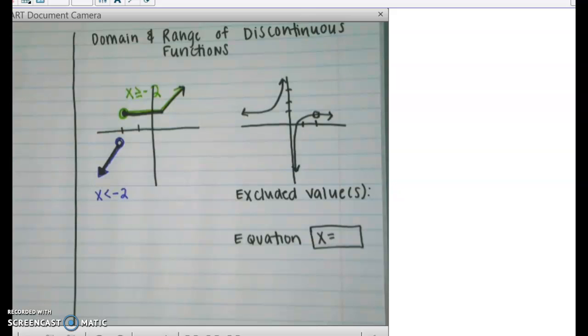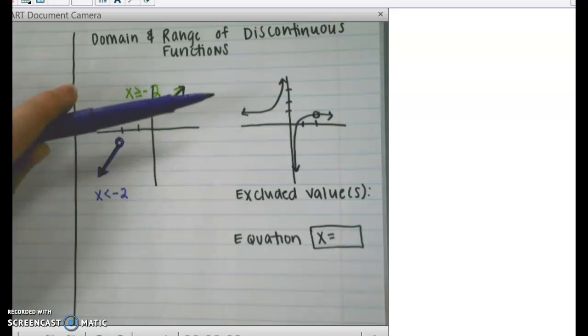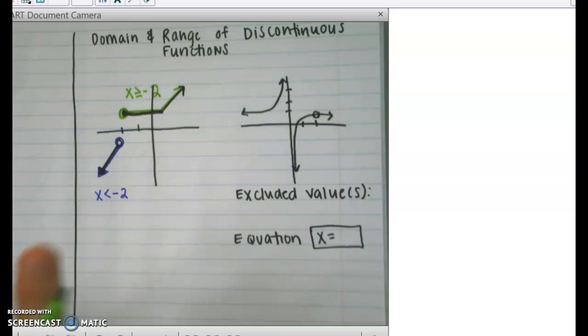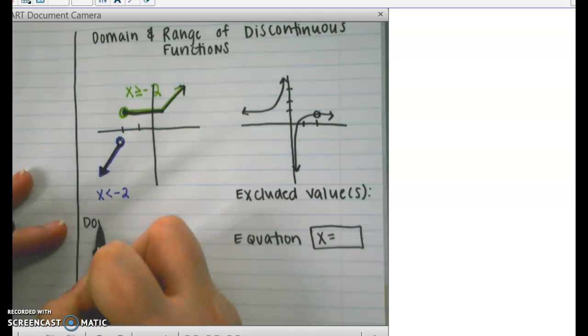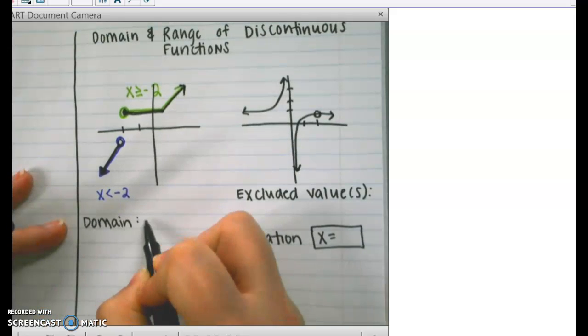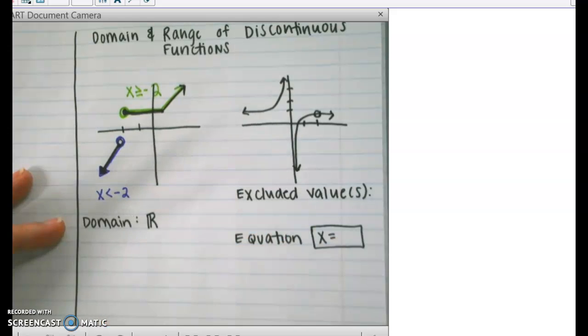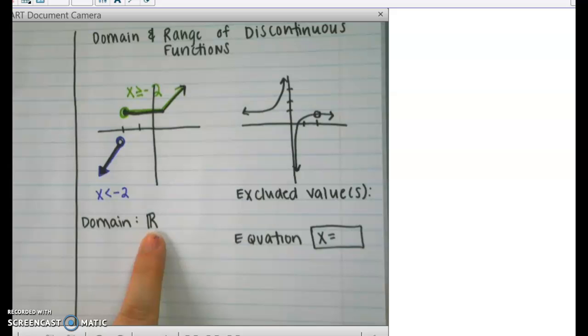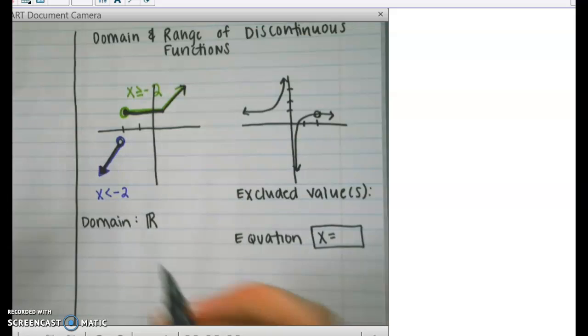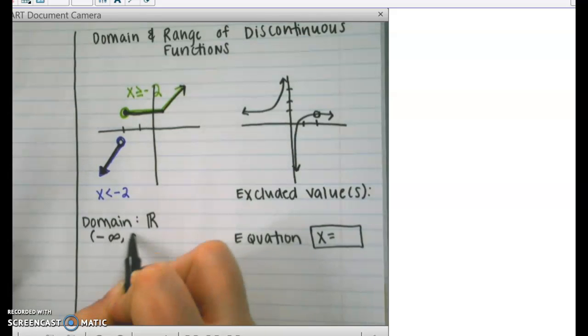So if I were to draw a number line and shade both of those on the same number line, everything would be shaded. Everything to the left of negative 2, including negative 2, and everything to the right of negative 2. So most of the time, the domain of a piecewise function is going to be all real numbers. So I'm going to encourage you to start looking for that fancy R. That fancy R is the symbol for all real numbers,